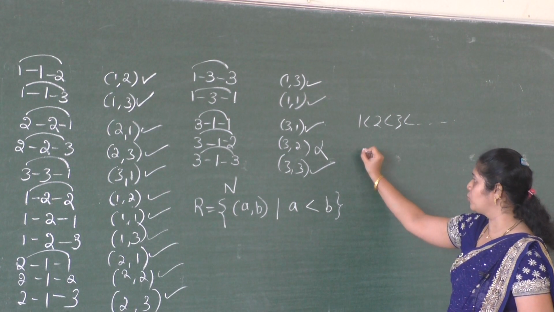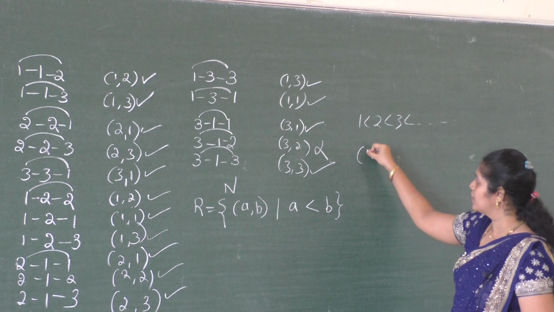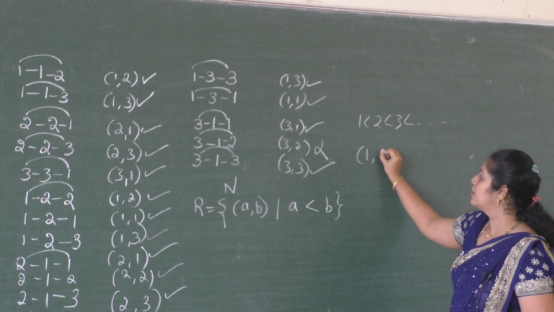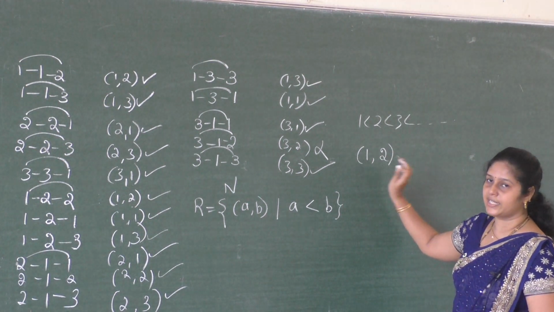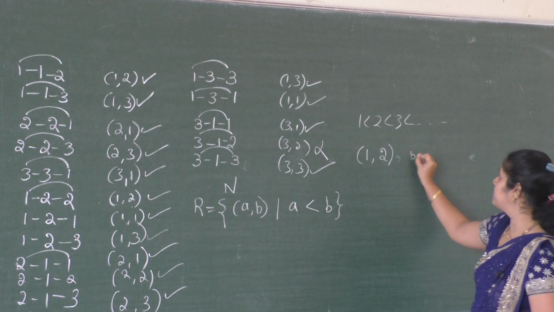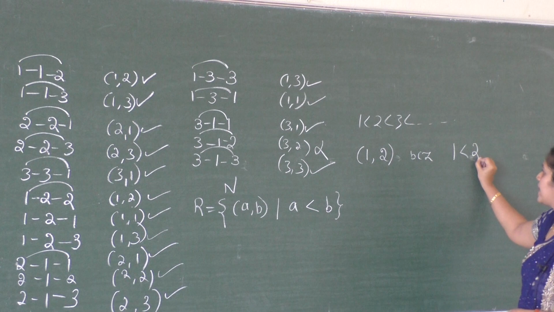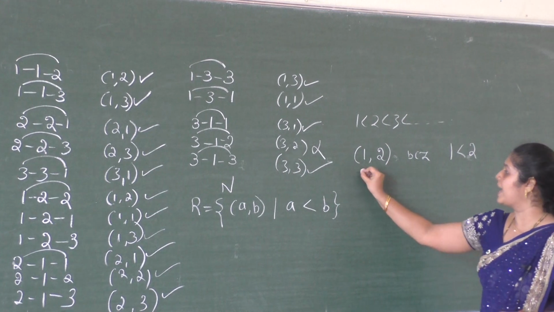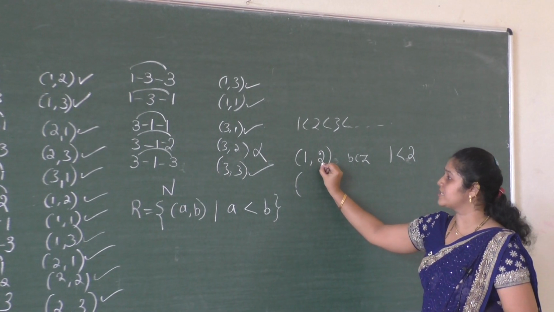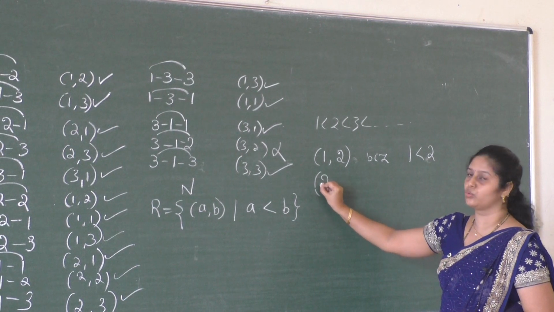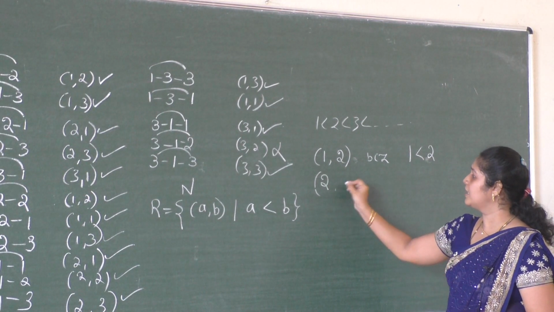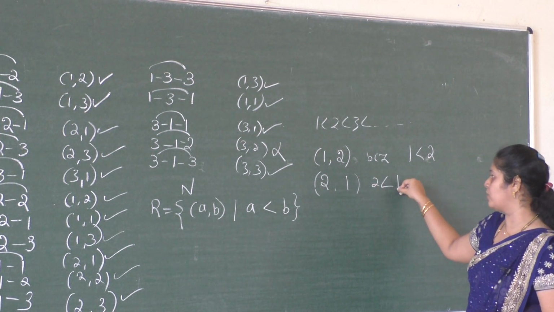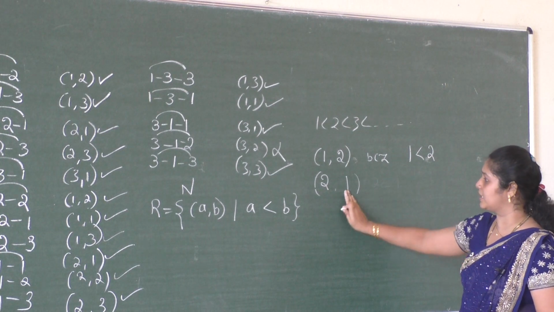Okay, one ordered pair I am going to take. (1,1) I can't take because 1 is not less than 1. I can take (1,2) because 1 less than 2. Then which ordered pair can I take? Now I have to write, here 2 is the second endpoint, here I have to write 2. Then here I can't take 1. If I write 1, then you have to write 2 less than 1, but 2 is not less than 1, so I can't take 1 here.